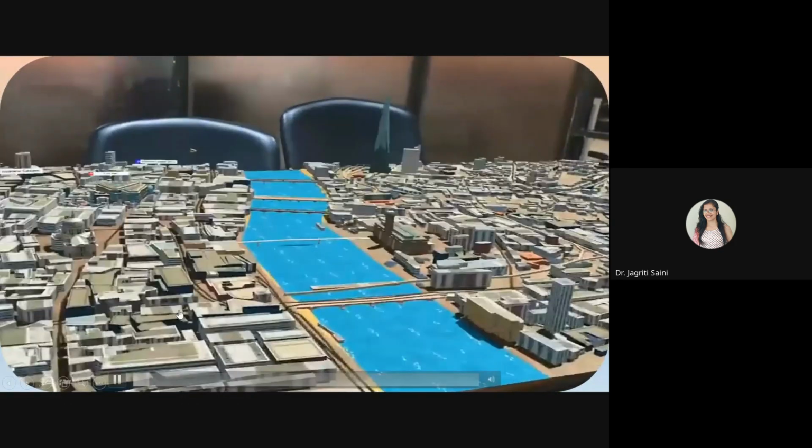You can see here one more video I have added. This is basically for town planning, and how we can enhance this by using AI technology.